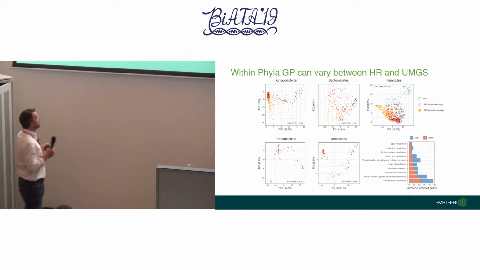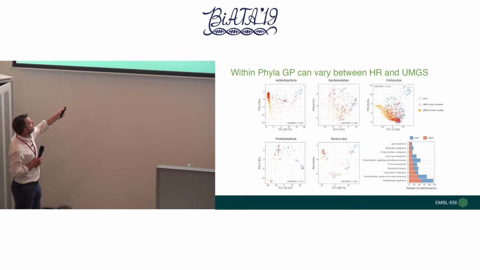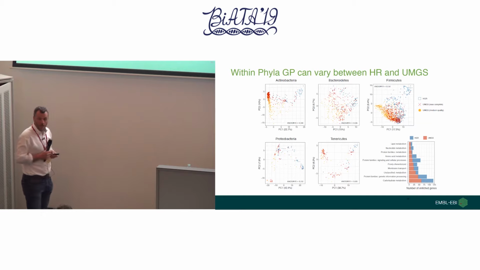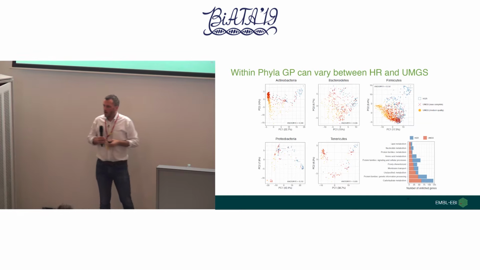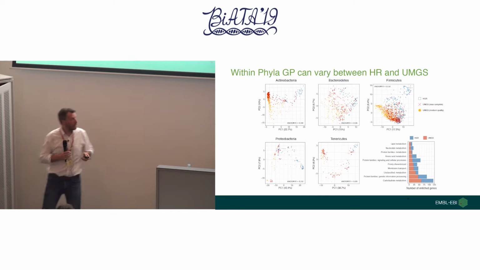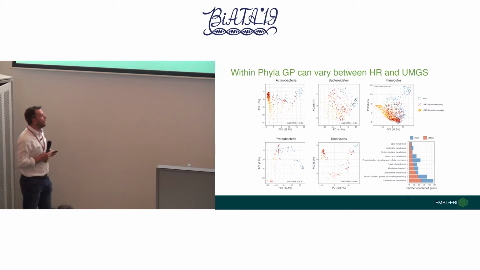And you can start to see patterns of separation, probably with the exception of the Bacteroidetes, where it's a bit more mixed up. So you could say, well, maybe genome properties is skewed. We've looked at the same thing for KEGG, these higher order. So here's the output of GhostKOALA.